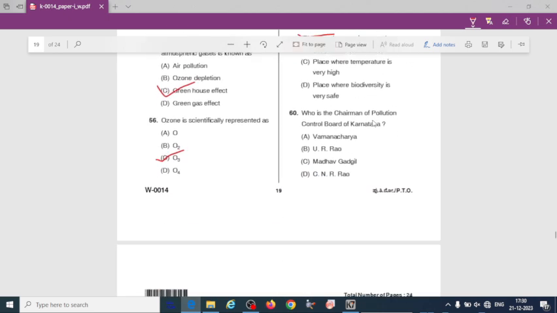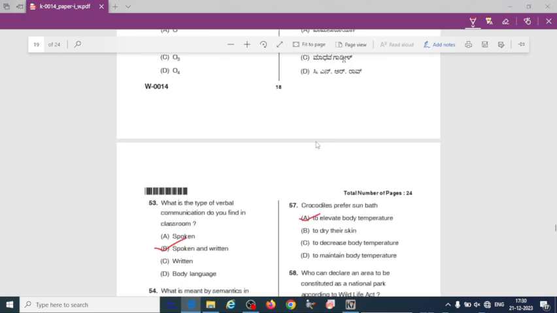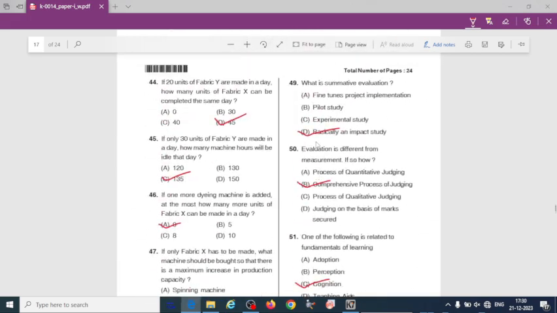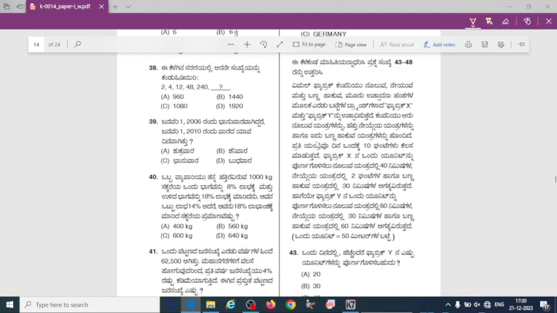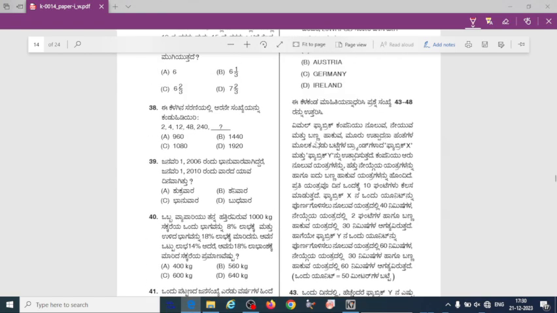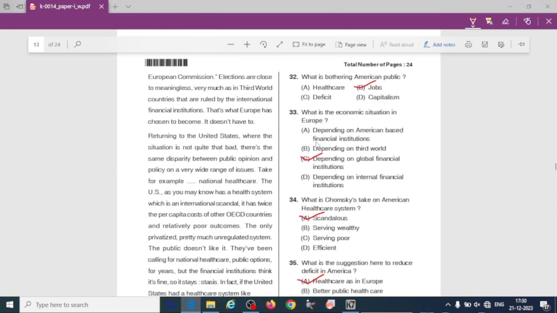Who is the chairman of the Pollution Control Board of Karnataka? At that time, Vamanacharya was the president. So these all are the question answers for the general paper KSET exam. I hope this